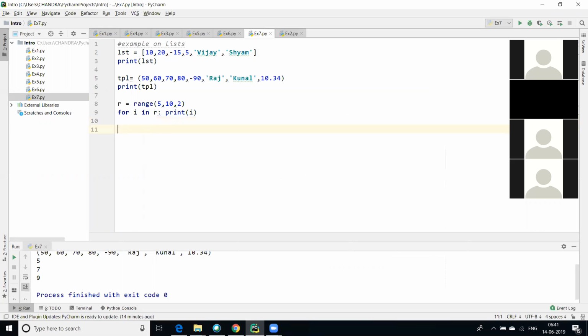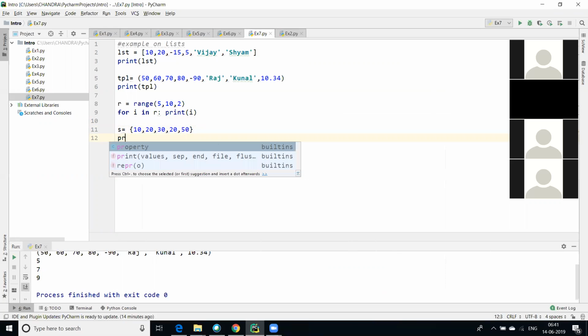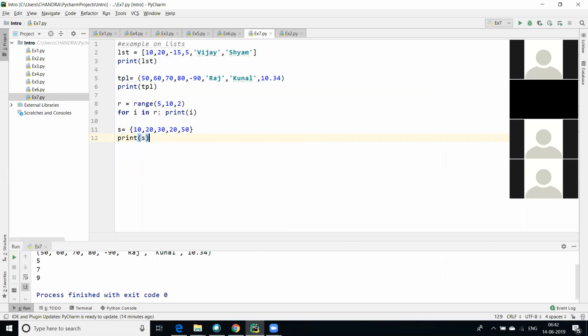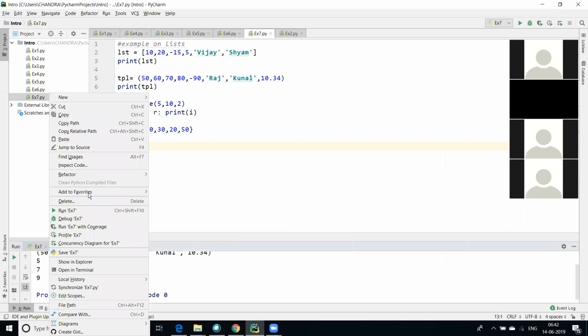So I'll say s equal to, just open a curly brace. Opening a curly brace itself indicates that we're using a set. I'll put some values, 10, 20, and now 50, some set of values. Now I'll say print s. That's how we have done it. When I execute this,